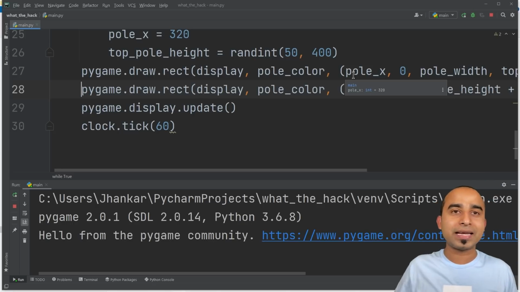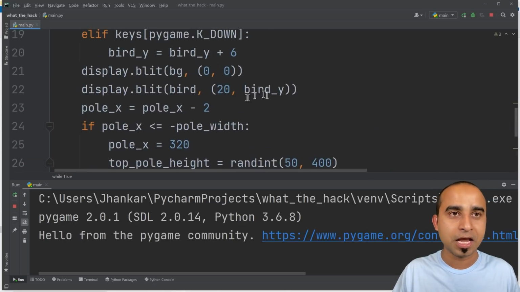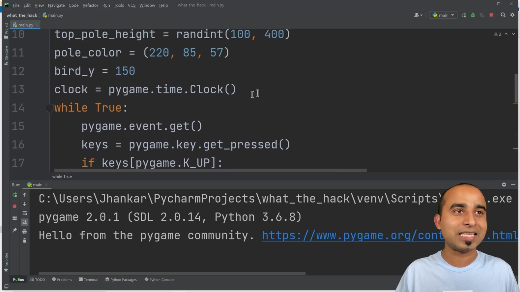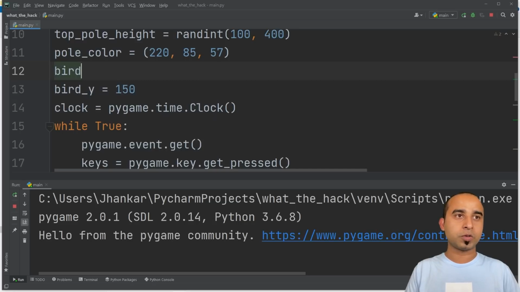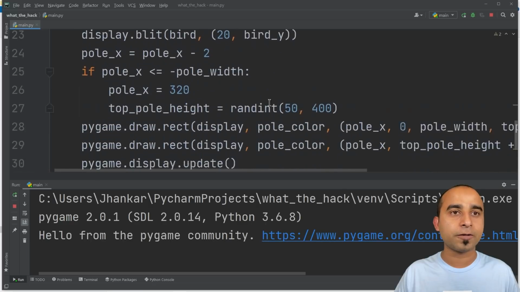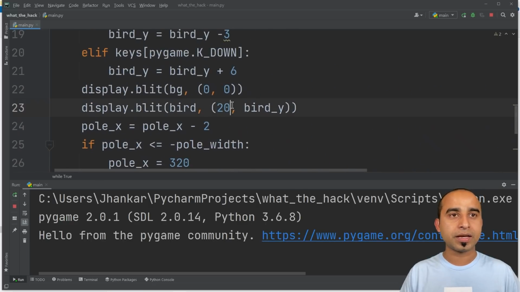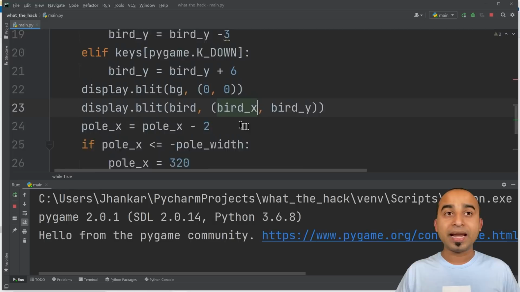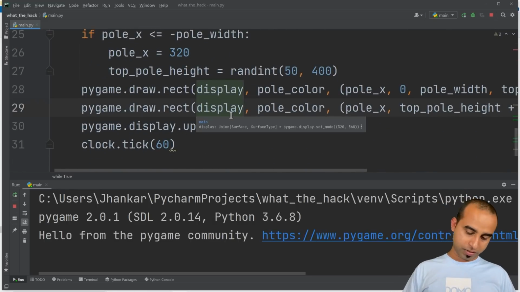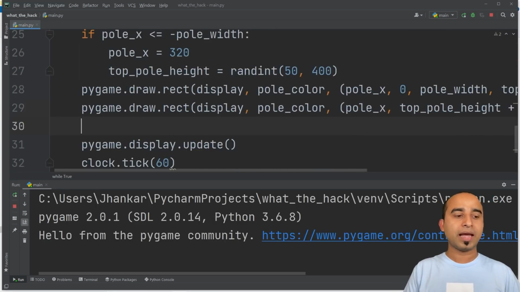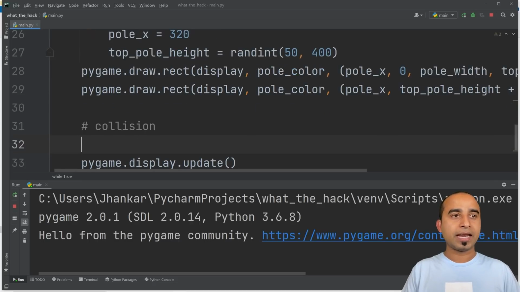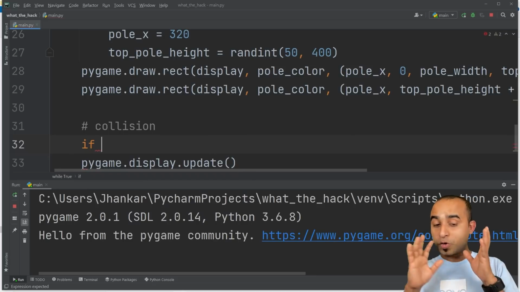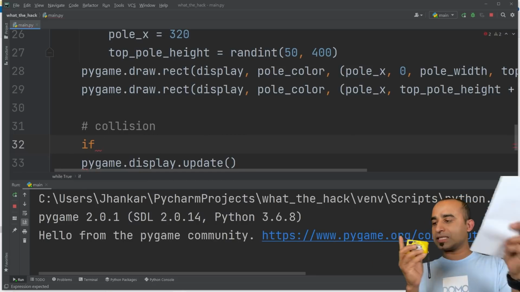In our code right now, we have hard-coded bird X, but we can declare a variable to make it easier to understand. So I'm declaring a variable, but you don't have to if you don't want to. So this will be bird X equals 20. And here, instead of the hard-coded 20, you can use bird X. And here we will write some logic for collision. So I am adding a new line, and maybe I can write a comment here. This would be collision, and inside the collision I will write some condition, and the condition is that this is the bird X